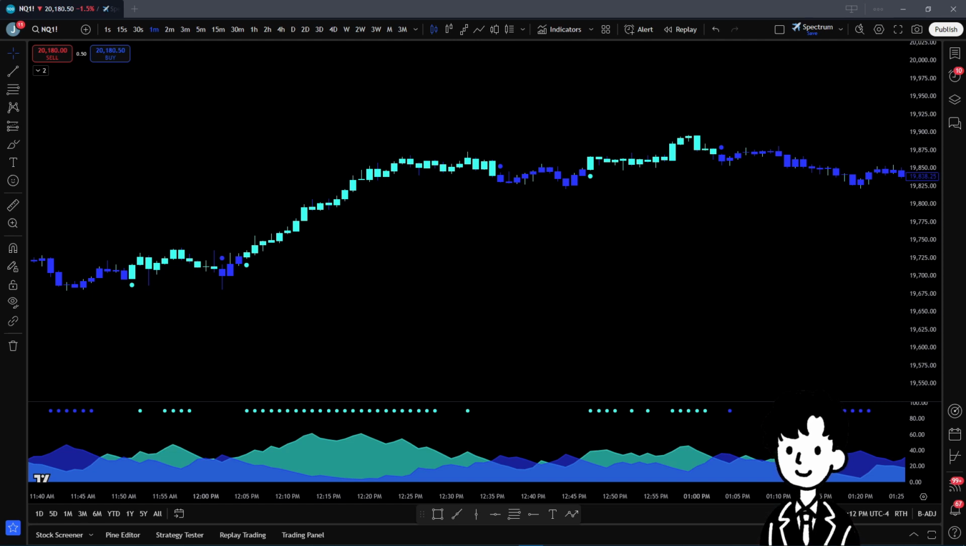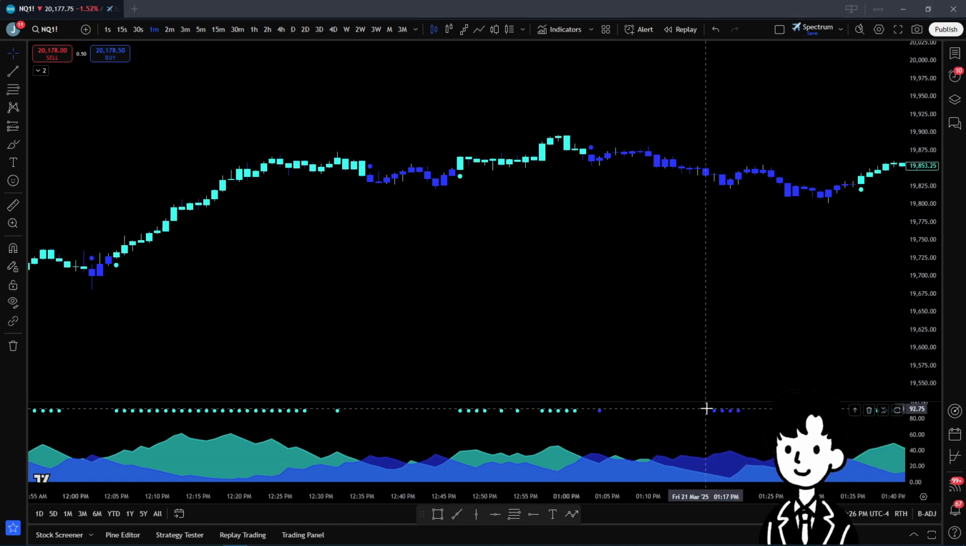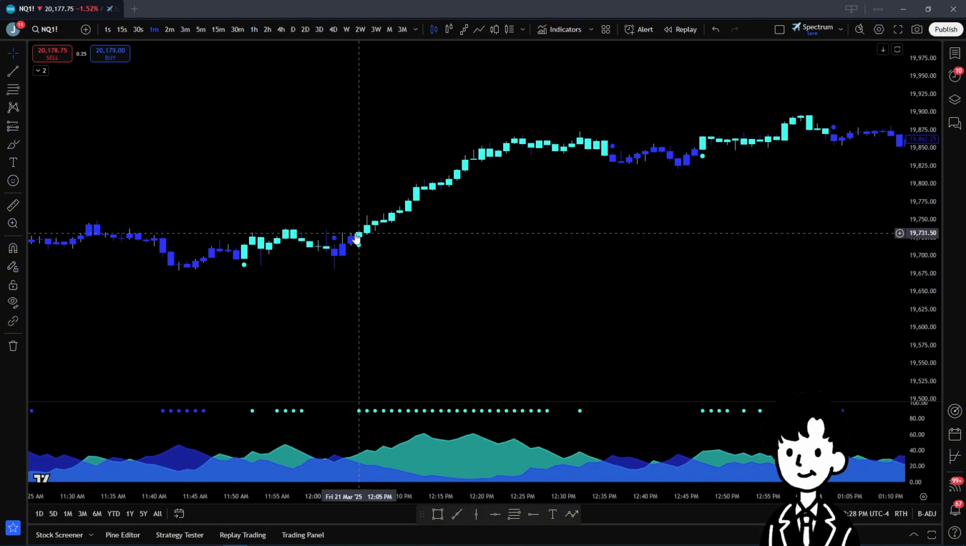Check out this insane indicator. It's called the power indicator. So you see here, we have our blue dots, which is green for bullish, and then we have our purple, which is bearish. You see here,